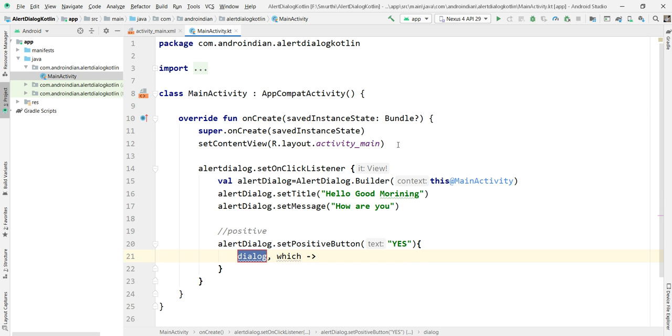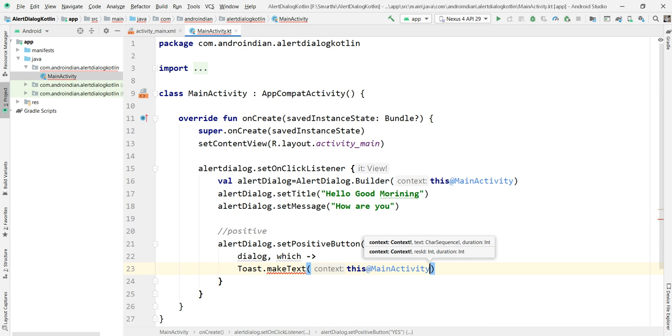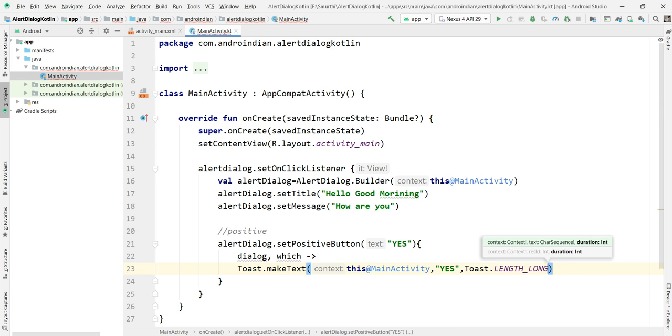Now within this, I want to write simply Toast dot make text. Here the context is this at main activity, and I'm writing yes. Then here I'm writing toast dot length long or short, then dot show.